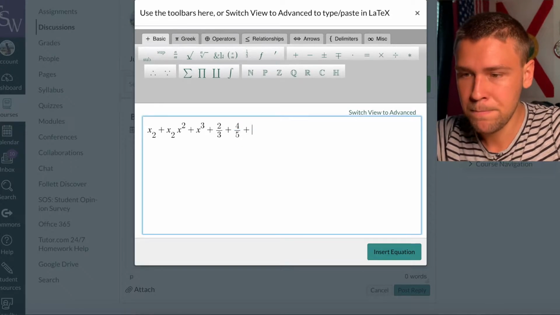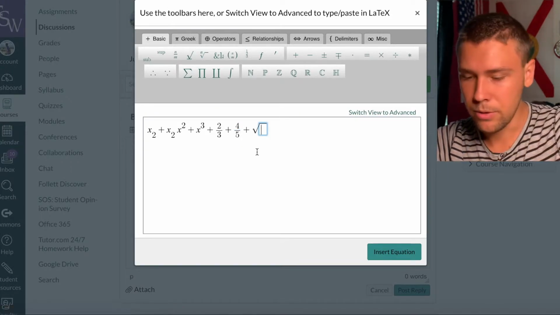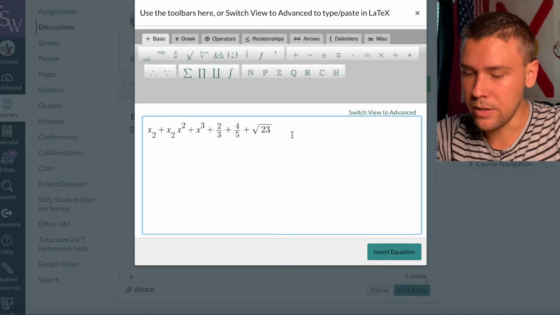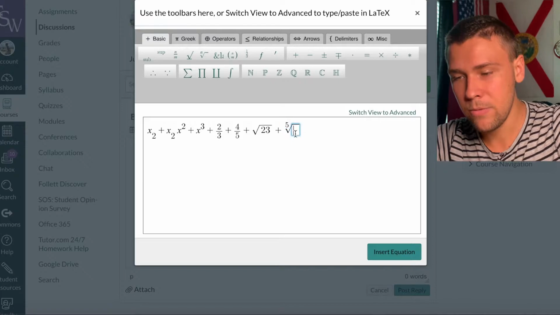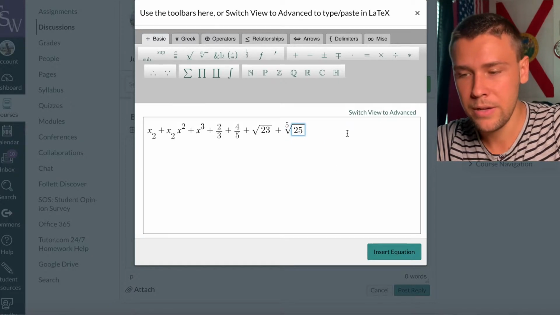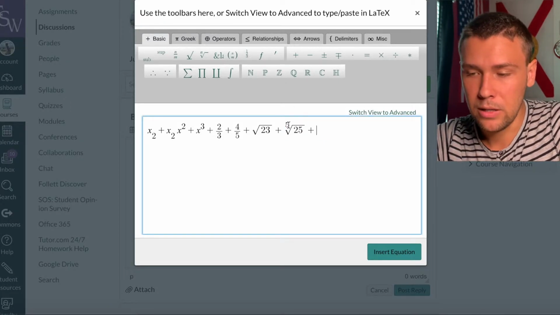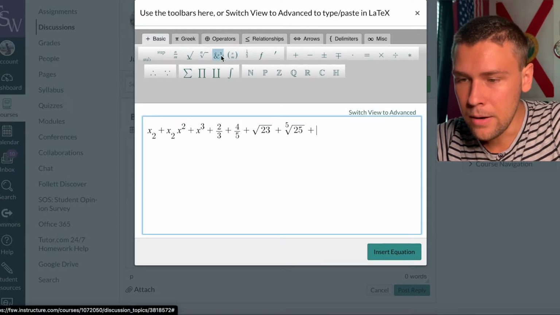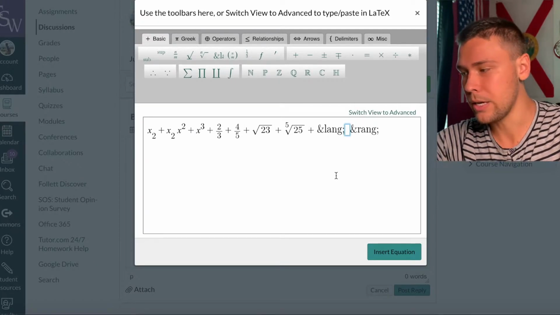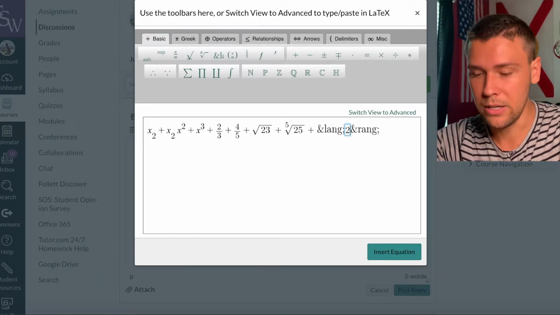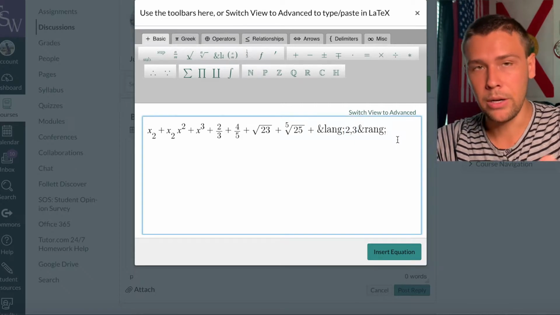Easy peasy. Going on, you have your square root. Click the square root. Put whatever you need to in there. Dunzos. There's the nth root, so if you need to say like the 5th root of 25, there you go. All right, you can click a box in the index that's called and the radicand. These are angled brackets. It looks funny, but they're angled brackets. So if you're doing a vector is when you do this, so you'd have like 2 comma 3, means you're going over 2 up 3, right?